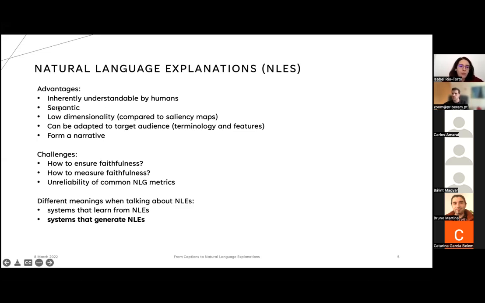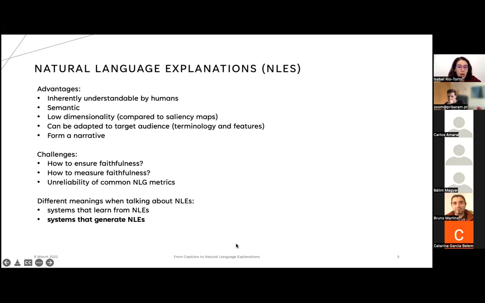And so doing the explanation in natural language would mean it would be understandable. It has a more semantic component, and it can also be easily adapted to our target audience. So we could adapt the terminology, adapt the features. We could form a narrative, so they are a bit more flexible to our target audience. However,